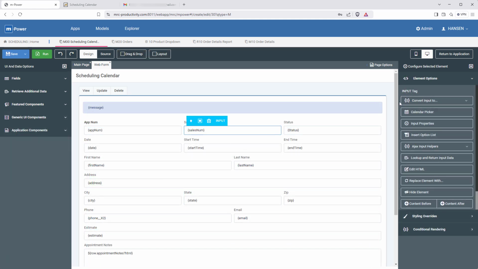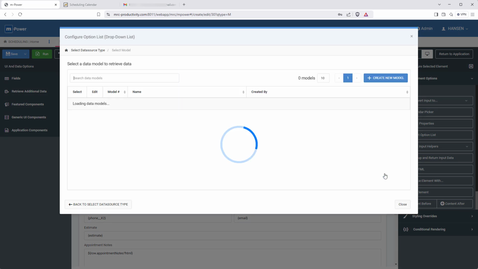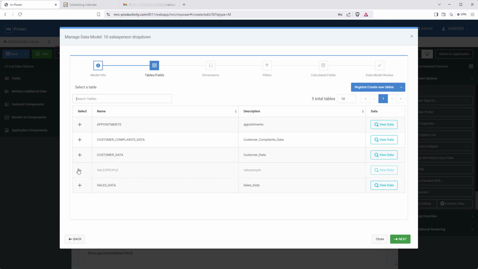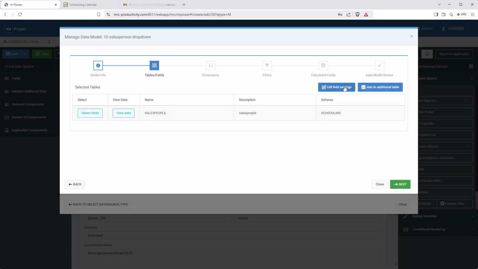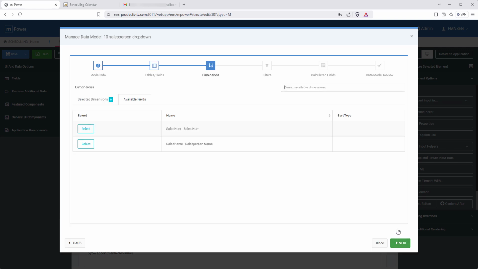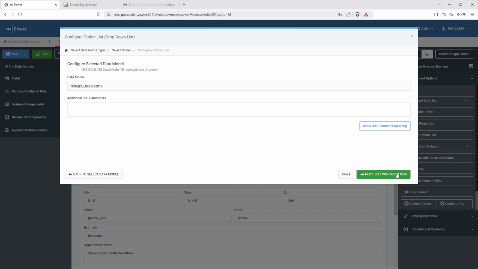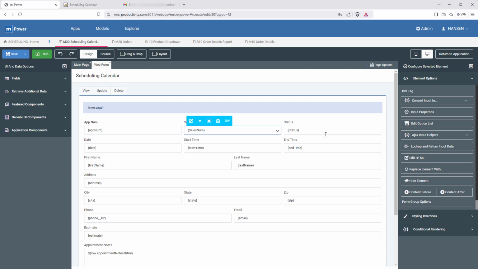Okay, so I'm done arranging the form. Just a couple more things. First, I'd like to add a drop-down box here on the salesperson name so we can just select a salesperson rather than typing it in each time. And to do that, I'm going to create a data model over the salesperson database. That way, if we ever need to add or remove salespeople, this dropdown will be current because it's pulling the data straight from that salesperson database. And these data models are a very powerful feature in Empower as they let you use data in other tables within any application.